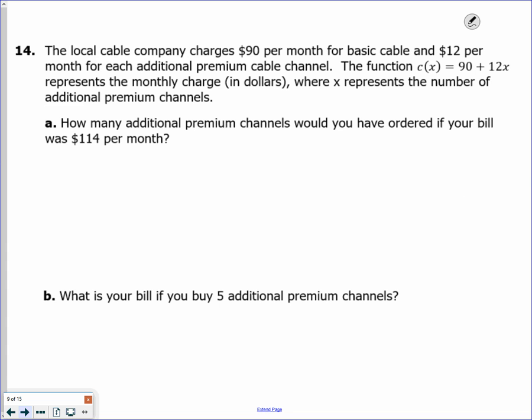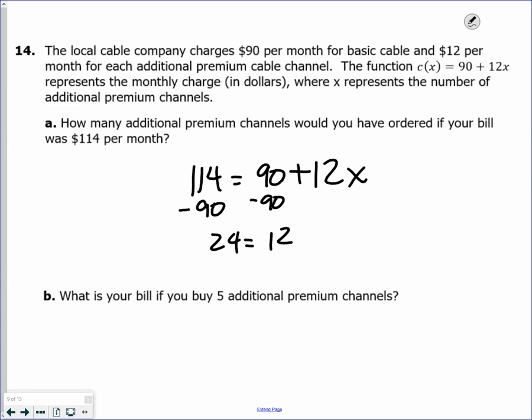Word problems, and I know how much you love word problems. You're given a function about the local cable company, $90 per month and $12 per month for each additional premium channel. So the function for the cost is 90 plus 12x, which represents the monthly charge when you have x number of premium channels. Using that equation, how many premium channels must you have ordered to get a bill of 114? Again, you are given the total cost, and you want to know how many premium channels would be required. Once you plug that in for y and solve for x, you would say there would be 2